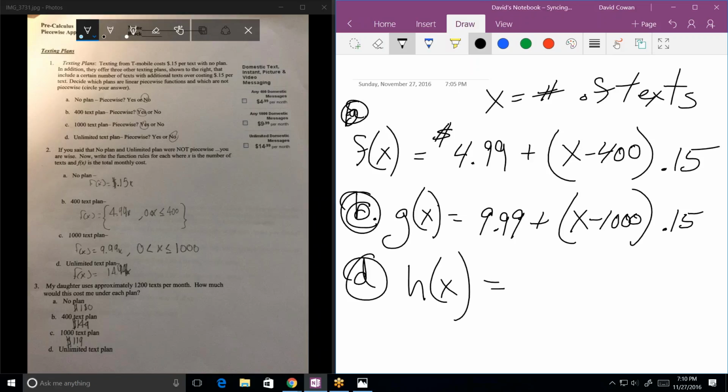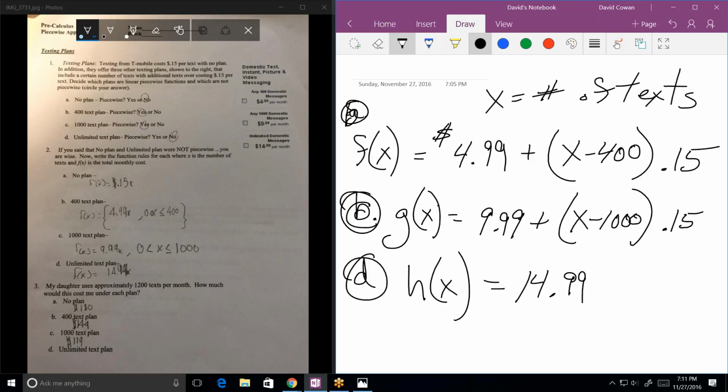So what is h of x? What is the answer? I can't quite read your answer on your paper there. Yeah, I apologize. I put 14.99x. Okay, think about that for a moment. Is that going to be the case? I think so. Well, what if you sent 10 texts? Oh, no, no. Okay. You'd pay $149. Right. That's okay. So would it be 14.99 plus 0.15x? Well,